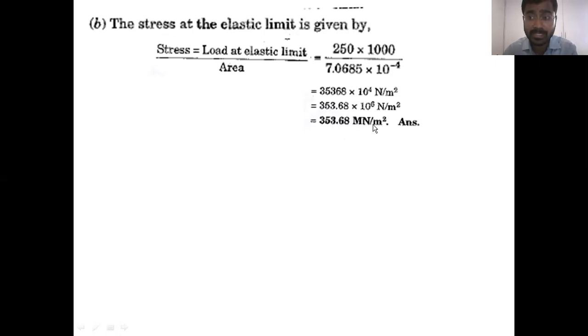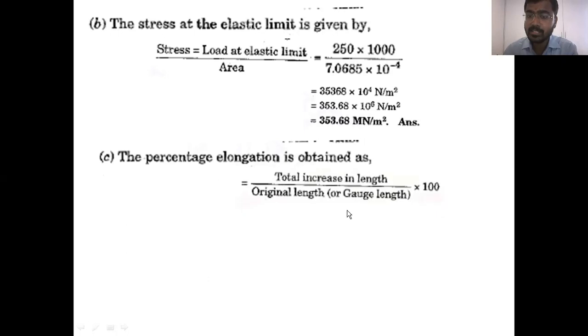So I asked you to please write the given data in your books to go with the further steps. Now, the third one: the percentage elongation. How can we find our percentage elongation, which is nothing but the change in its length? I can write it as total increase in length by its original length. Percentage we require, please be careful. Here we require percentage elongation. Sometimes you might make a mistake.